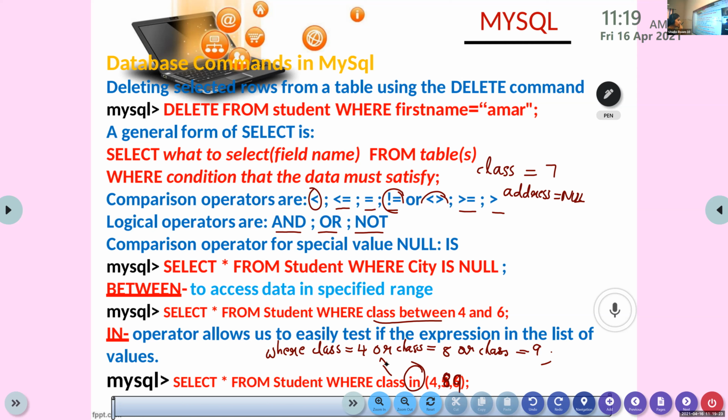In order to remove that lengthy statement, you have a very simple keyword, that is IN. Then bracket, you can write 4, 8, 9.